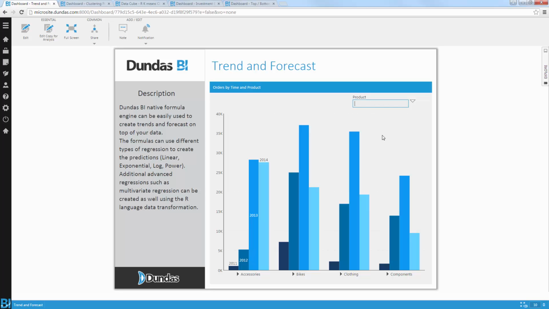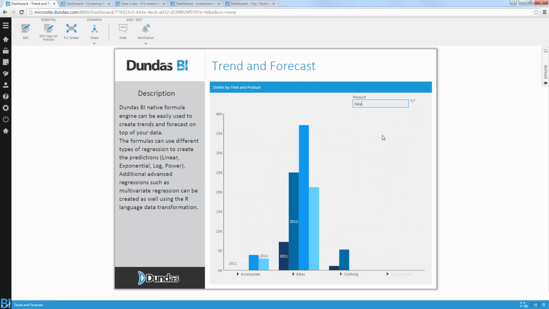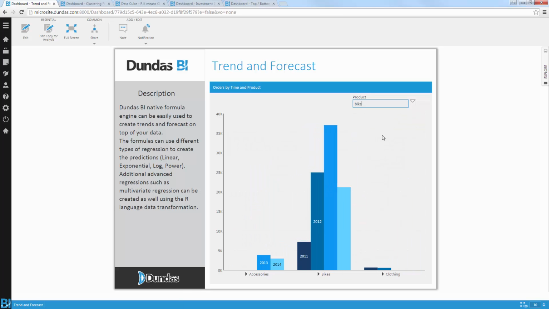So for example, in here, let's say I know there is a specific event throughout the year that could impact my different sales across different products. For example, the Tour de France is about to come, and I know that could impact my bike sales. I'm just going to type in the word bike under my product filters, and this will go in and filter all the possible products that are associated with the word bike under my product hierarchies.